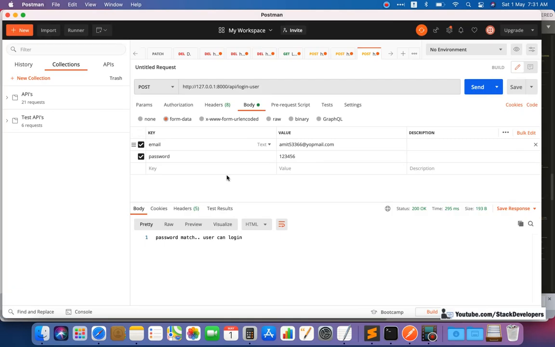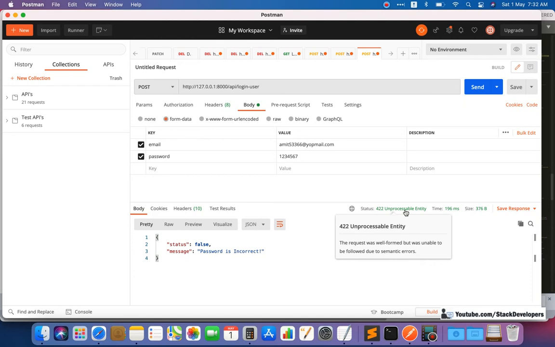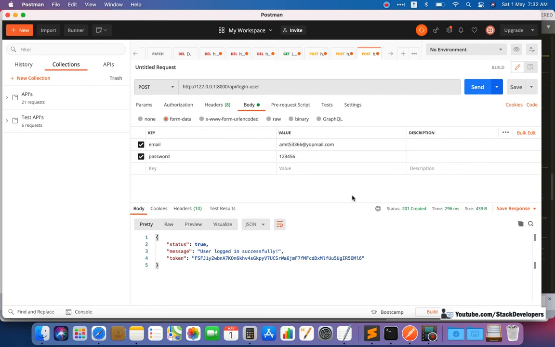Fine. Now if I give the wrong password like 7, then see, it will show the error message false, password is incorrect, status is false with the 422 error code, so that the app developer can show in the app that the password is incorrect. And if the password is correct, then we are going to generate a new token and send the response like status true, message user logged in successfully, and token with the new token, and the same token will be saved in the database.